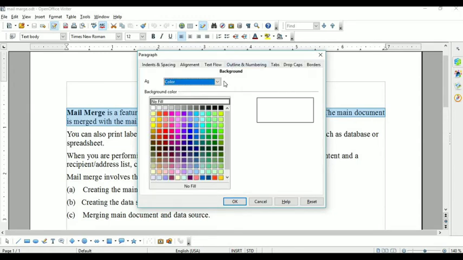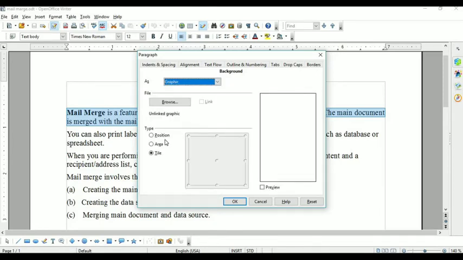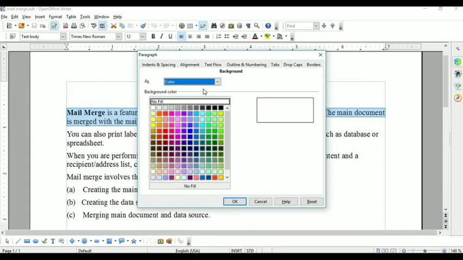Once you select the Background tab, you will get Colors, or the second option is Graphics. From the graphics, you can insert your picture, texture, whatever you want to insert, you can insert here. But this time, I want to insert color. Select Color and pick the color which you want to apply as a background of the paragraph. This time I want to fill this color as a background. Then pick your color. Then click on the OK button.